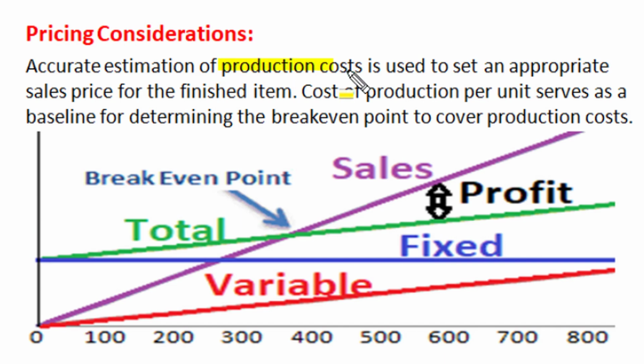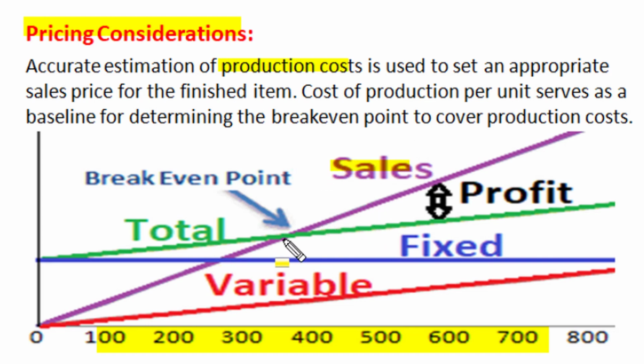What is the importance of production cost in pricing consideration for any project? That must be understood by us. Accurate estimation of production cost is used to set an appropriate sales price for the finished item. If we add fixed cost component and variable cost component, we can get total cost component as shown by this green line. If sales price per piece is fixed, then as volume of sales increases, the sales revenue will also increase, and at some point of sales amount, the total sales revenue shown by magenta line